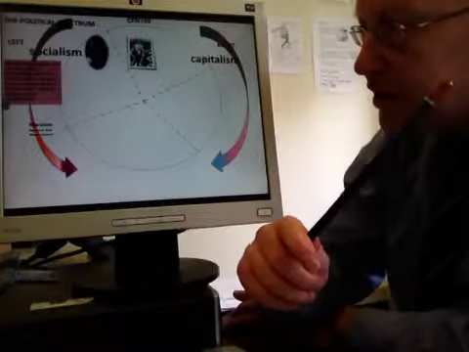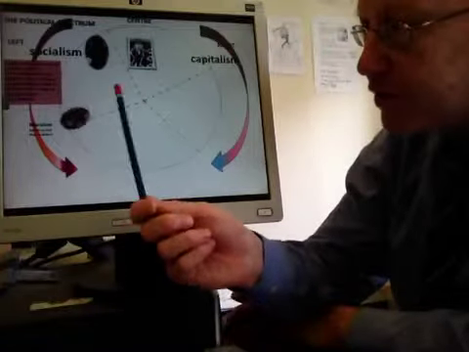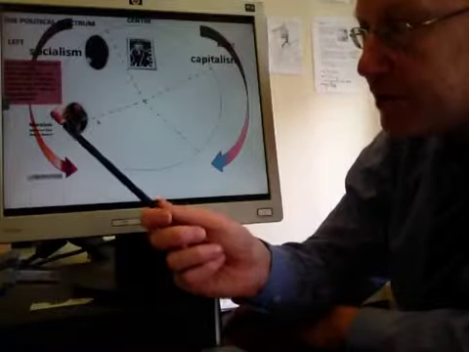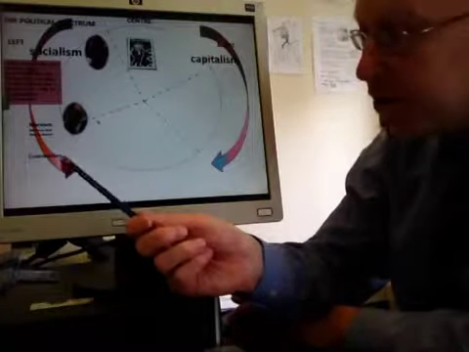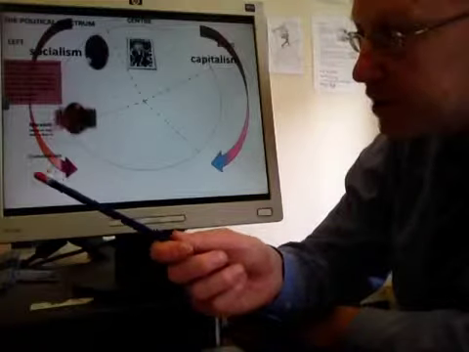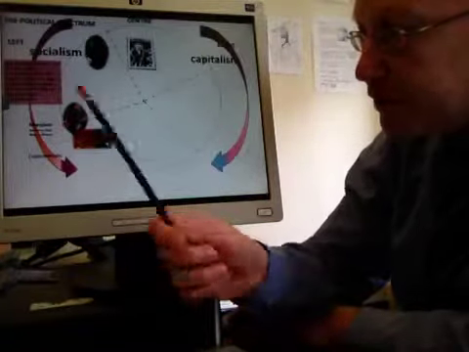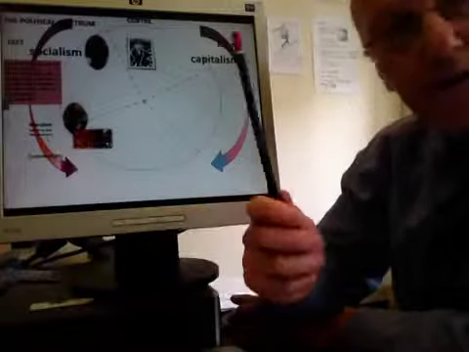We can meet characters such as Karl Marx, the founder, I suppose, of socialism and obviously Marxism, and go a little bit further, we can come around the spectrum and come to communism, which we can exemplify with Lenin there from Russia, mentioning perhaps the Russian Revolution.